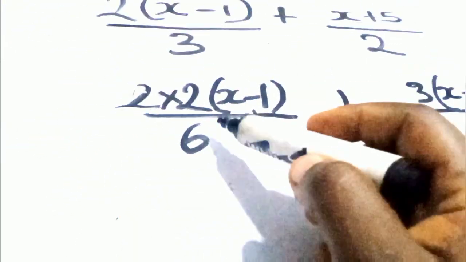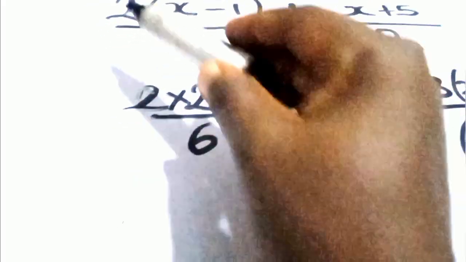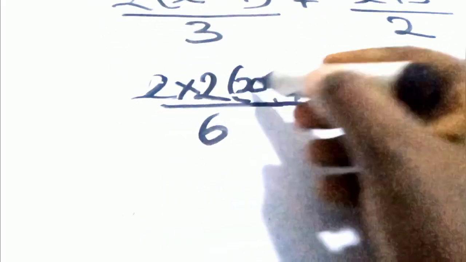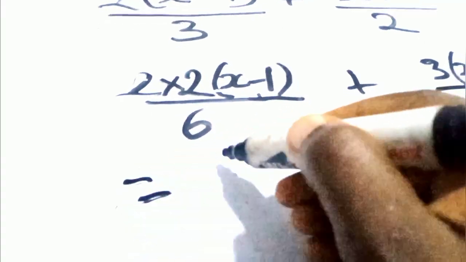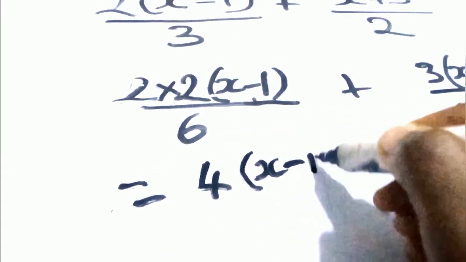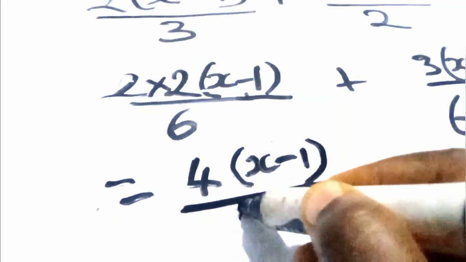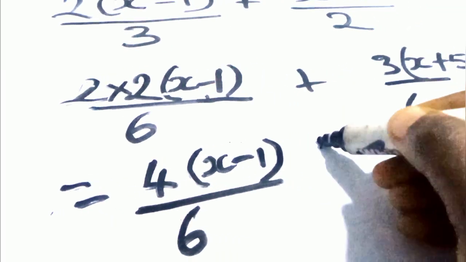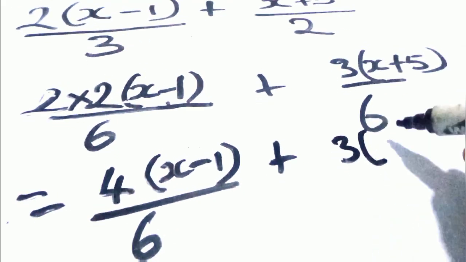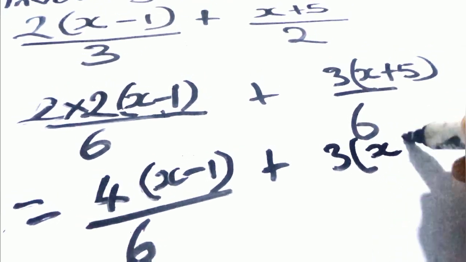So looking at this, 2 times 2 will become 4. So I'm using 4 to multiply everything up. So here we have 4 brackets x minus 1 all over 6 plus 3 brackets x plus 5